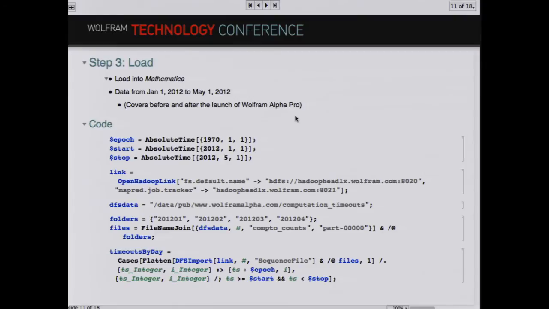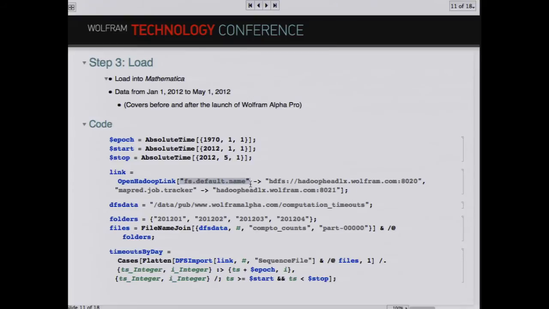Now here we have some Mathematica code for loading that data into Mathematica. So here I'm just setting up some timestamps. The $epoch is the Unix timestamp. And then we have a start and a stop time, which corresponds to January 1st and May 1st.